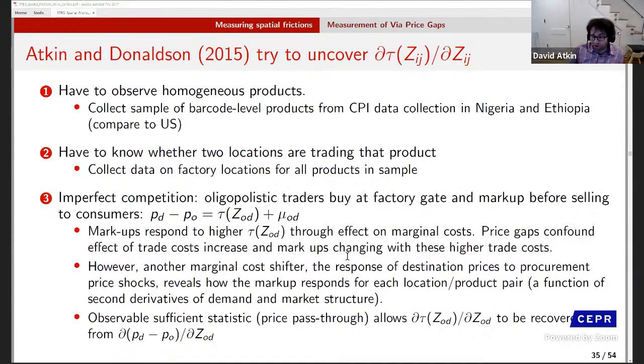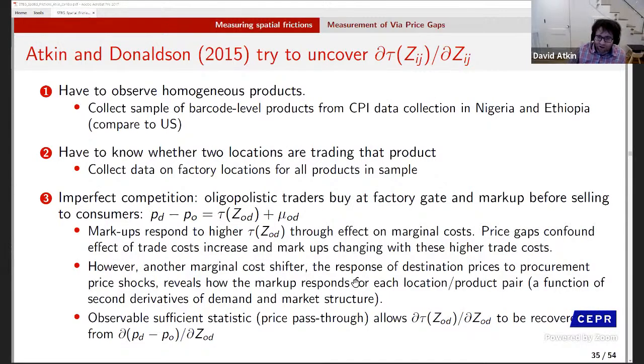That's basically the other component of the trader's marginal cost, how much they're paying for the good at the factory gate. If we observe those price pass-through rates, and we can do that just from price data by seeing how shocks to the price in the origin feed through to shocks in the destination, that's going to tell us exactly what we need to know about how the markup responds in any particular location for any particular product. Okay, and so we don't need to work out for every location, every product, the superelasticities, those demand parameters, or the market structure, both of which are going to matter for this pass-through rate. The pass-through rate is exactly what tells us how that markup is going to change when marginal costs change. And so we can use that pass-through rate to essentially correct our estimates of the change in prices with distance